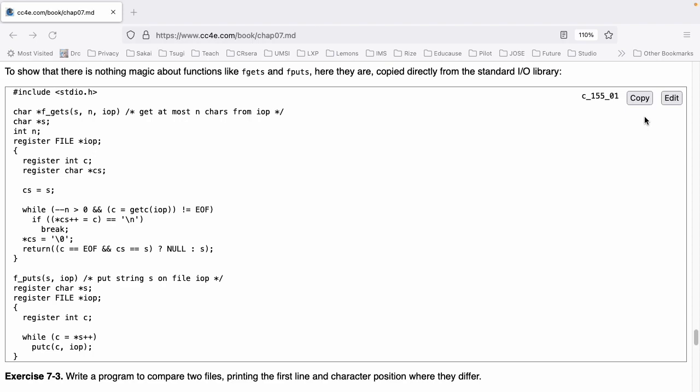The function fputs is as follows. fputs(s, iop) register char *s; register FILE *iop; { register int c; while (c = *s++) putc(c, iop); }